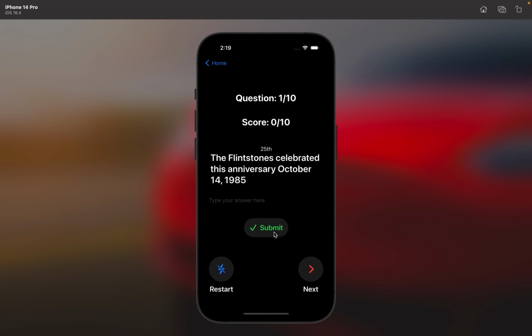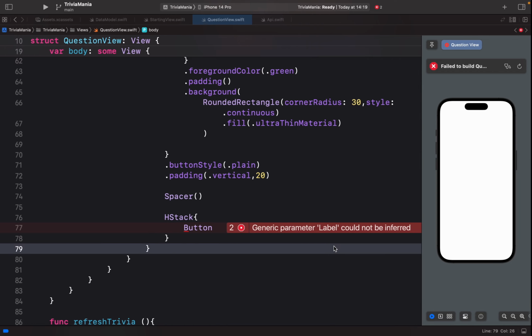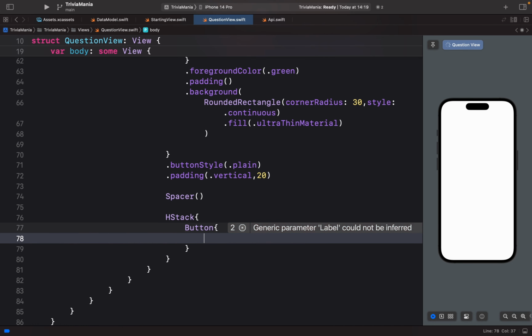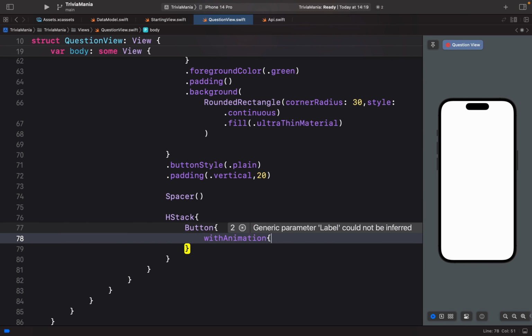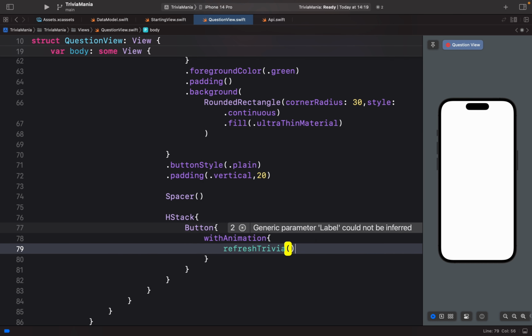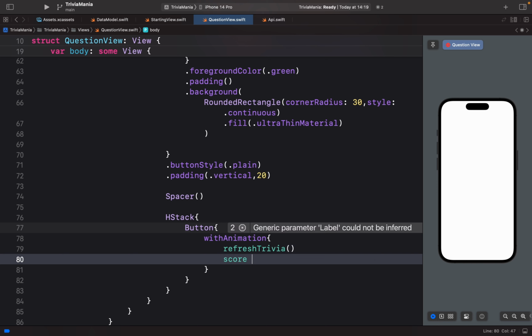So we have to build this stack here, restart button and next button. So let us go to this one button, and here we have the red animation. Here we don't have any specifics, so refresh trivia, and the score would be